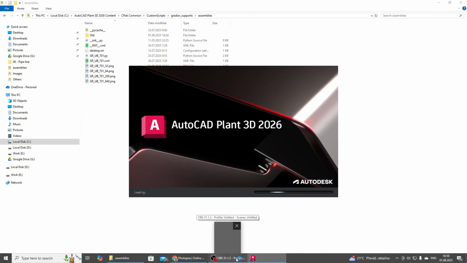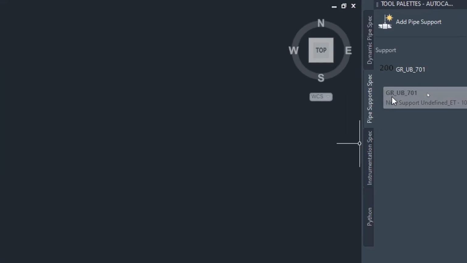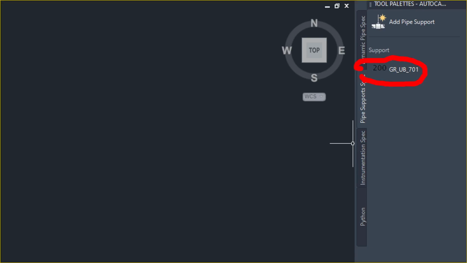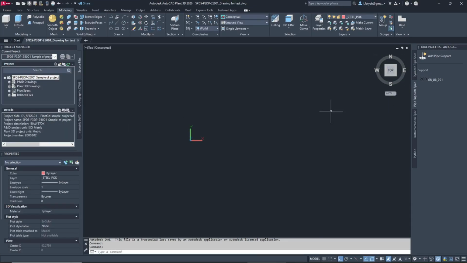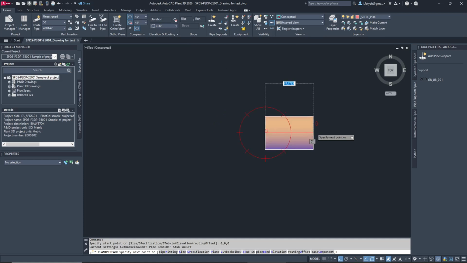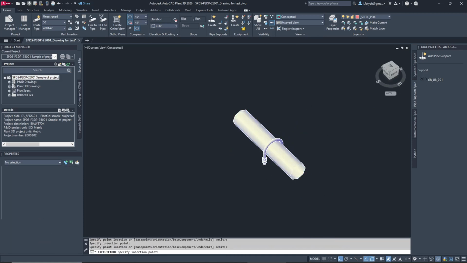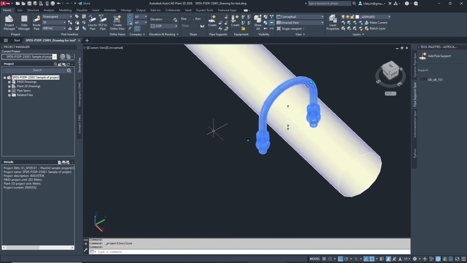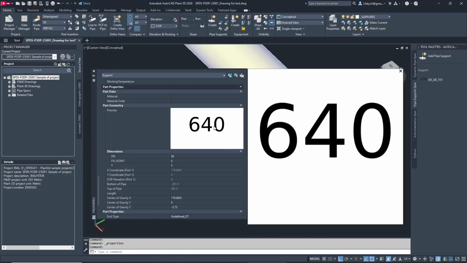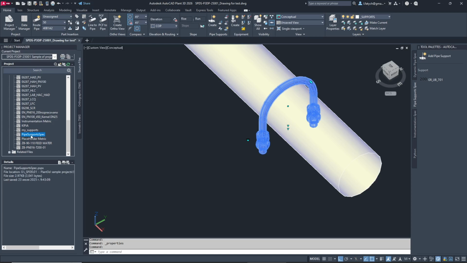Okay, now let's check how it works. Open AutoCAD, and what we have here. Okay, you can see we have a 200 pixel image here. So now let's check other images. So I just create a pipe and insert the U-bolt onto this pipe. Okay, the pipe is ready. Let's add the U-bolt and open the properties, Ctrl+1. Okay, what we have here, you can see a 640 pixel image here, and when we click on it, and also